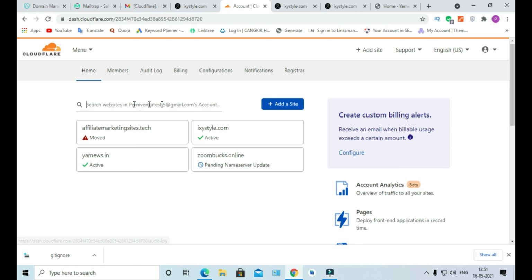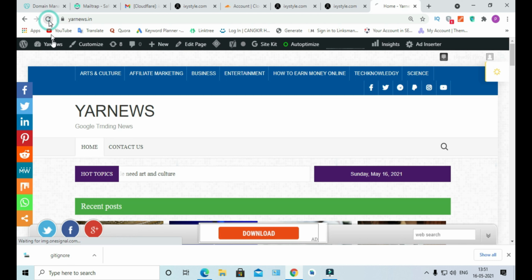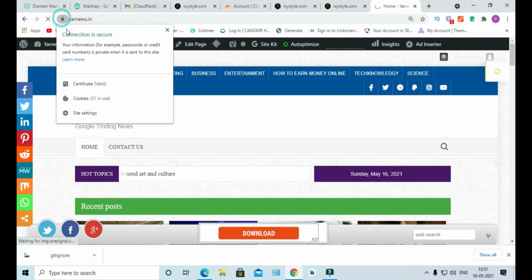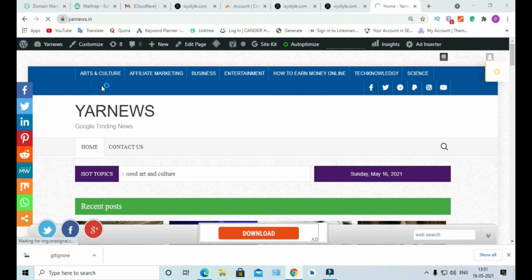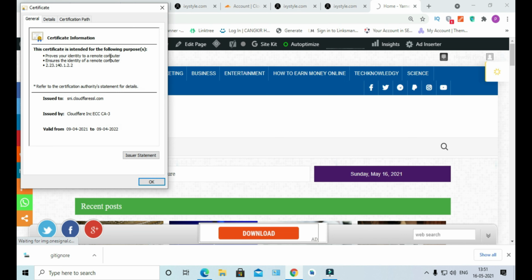After that, you will get an email confirmation from Cloudflare about the activation, and after that the SSL certificate is installed automatically, so you don't need to worry. Here you can check the certificate is valid. See, it is the Cloudflare SSL certificate.